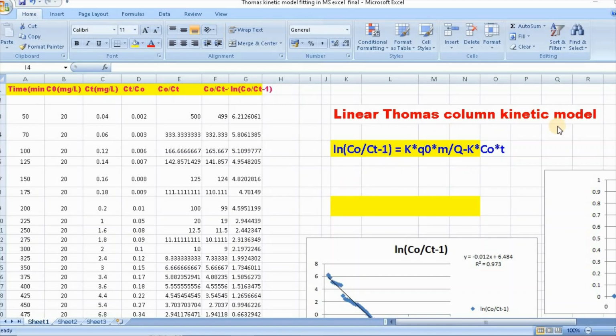The linear Thomas column kinetic model can be written as ln(C0/Ct − 1) = K Q0 m / Q − K C0 t. A plot of ln(C0/Ct − 1) versus t will produce a straight line with slope equal to −K C0 and intercept equal to this. So in order to fit, I have taken